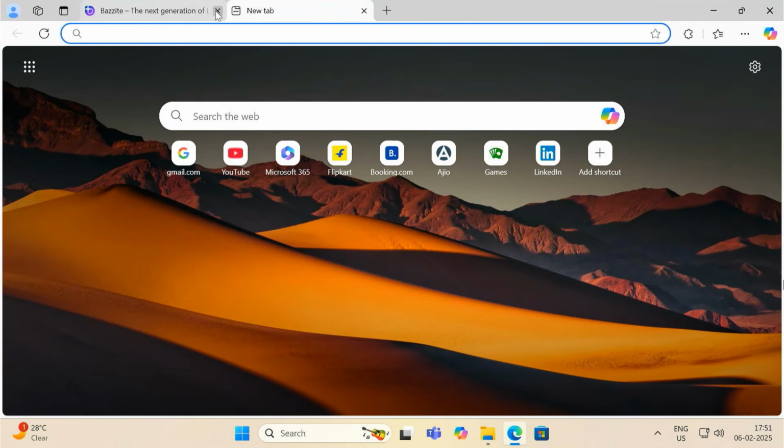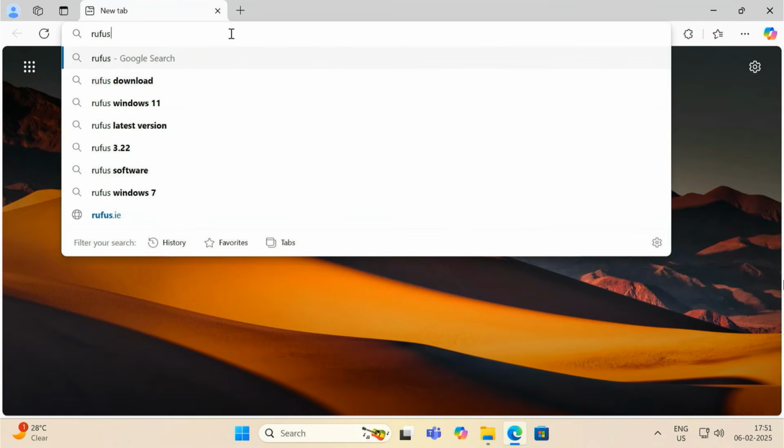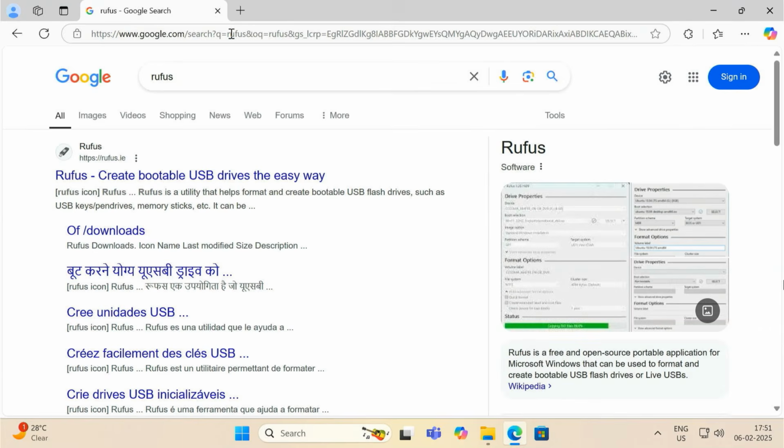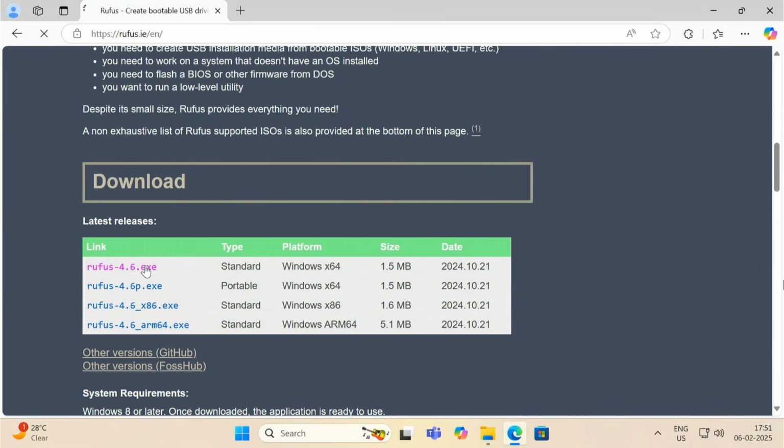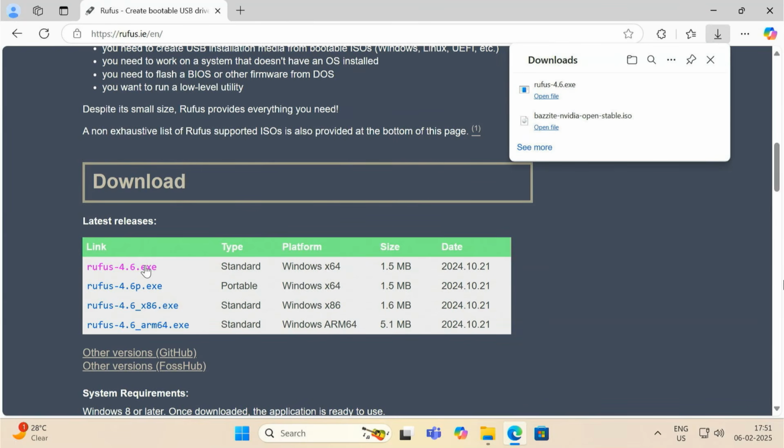After downloading the Bazzite ISO, you need to create a bootable USB drive. While there are several tools out there, I highly recommend using Rufus. Open Rufus.